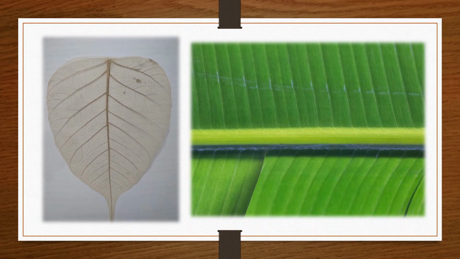Here you will see clearly. See, this is a reticulate venation in a peepal leaf. I think you did this activity in 6th standard. Okay, to see the reticulate venation, see the midrib, and from the midrib we see the veins. So the first example, the peepal leaf, is reticulate venation, and the example of the banyan leaf is parallel.